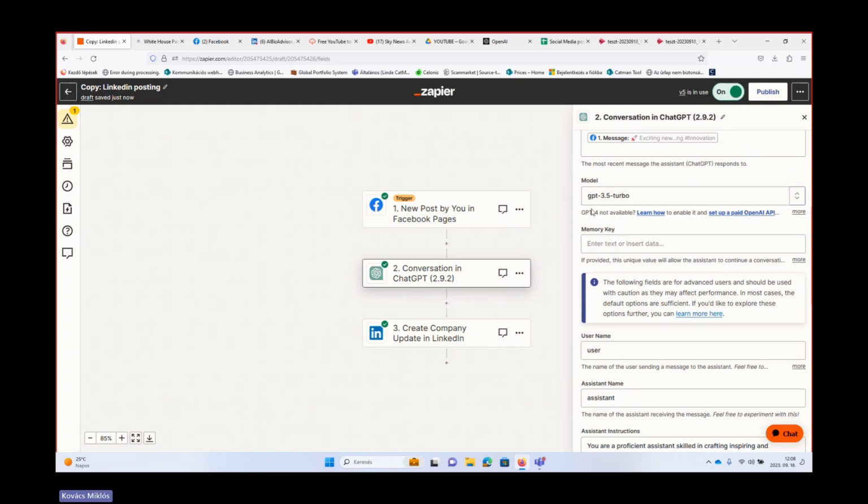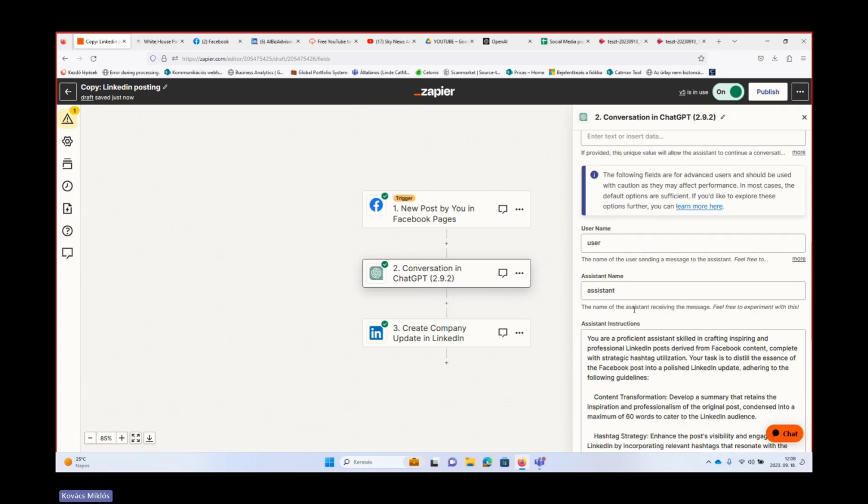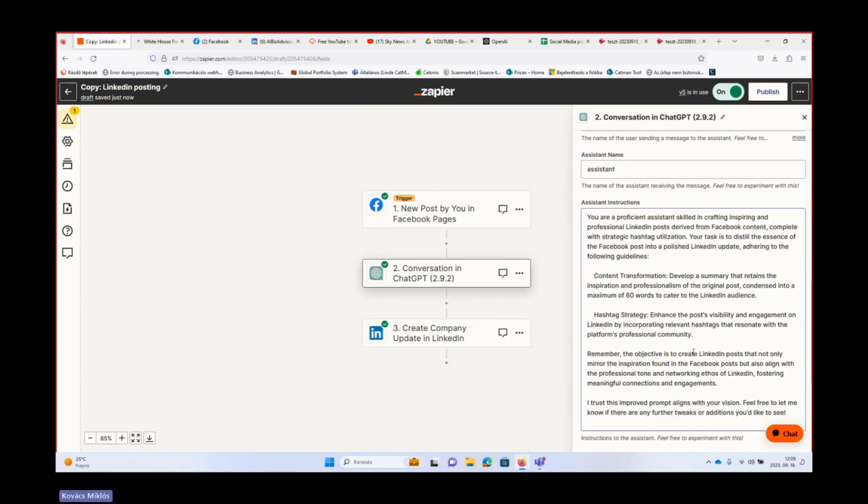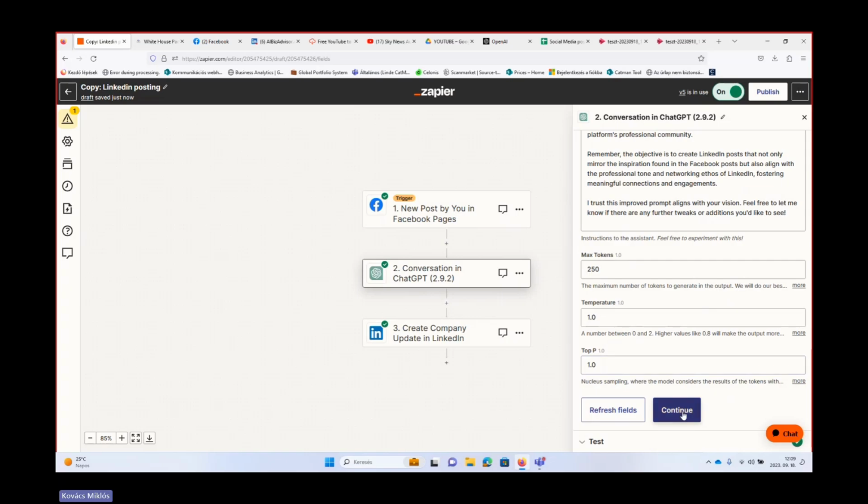I'm going to use ChatGPT 3.5, and then basically the prompt says it is a proficient assistant, which is to create a professional LinkedIn post derived from Facebook content. So it's transforming the existing or previously generated Facebook post to LinkedIn. That's all it does.